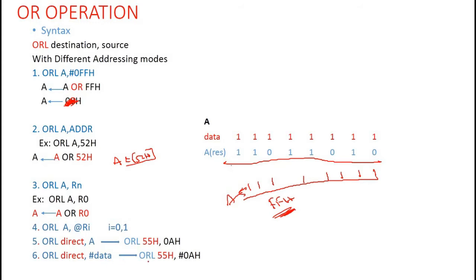Here the data is now 0AH and the data present in 55H will be ORed together, and finally the result will be stored in 55H. Okay. In all these operations, the source content remains the same after the operation, but only the content of the destination address will change. Okay, right? So next we will see